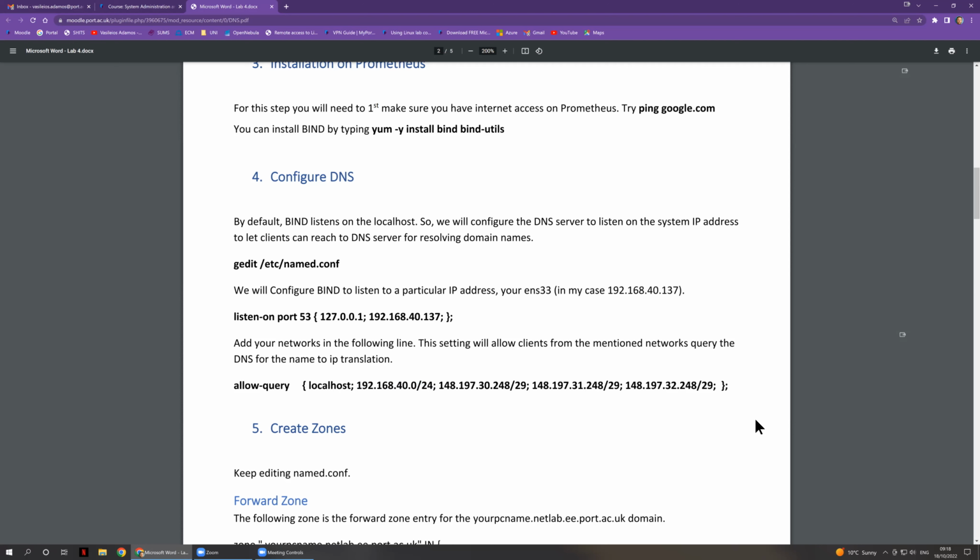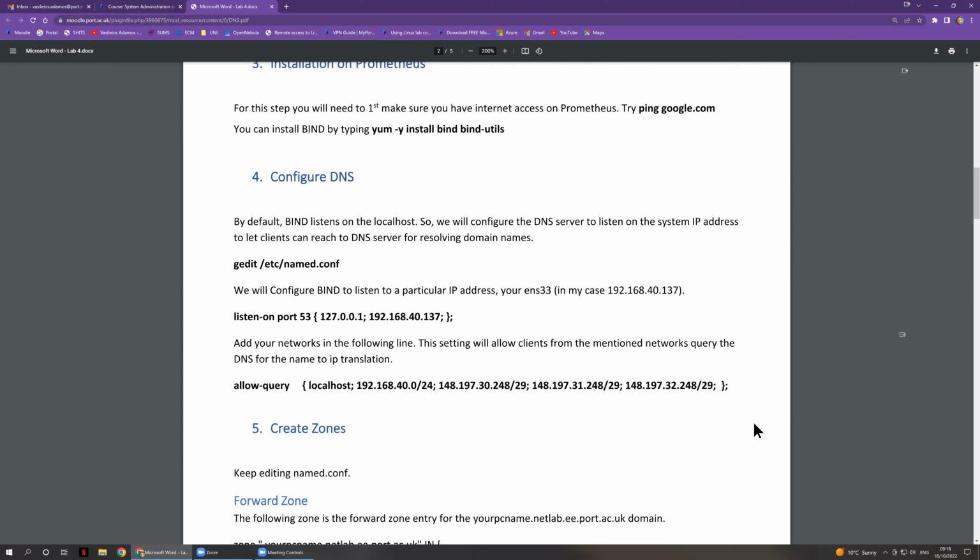Everybody will know the IP address to name mapping of your Prometheus virtual machine, because that will come from our NetLab server, but nobody will know your virtual machines inside it. All right, so they need to eventually access that authoritative server, which will be whatever you have running on Prometheus